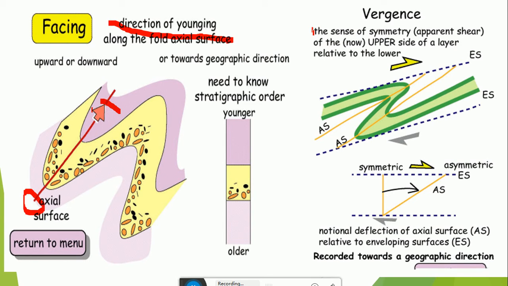Fold vergence is the sense of symmetry, appearing as the shear of the upper side of the layer related to the lower. रोटेशन डिफ्लेक्शन ऑफ एक्सियल सरफेस। फोल्ड वर्जेंस रोटेशन से शो करता है कि इसमें द सेंस ऑफ सिमेट्री है, यानी शियर ऑफ द अपर साइड ऑफ द लेयर रिलेटेड टू द लोअर।